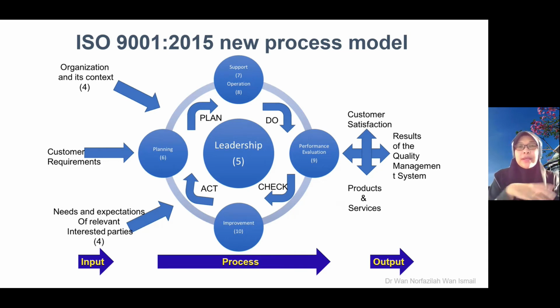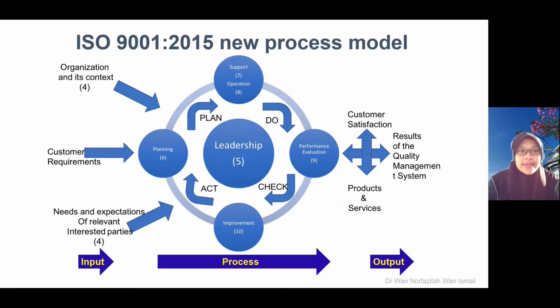So those input, mana you dapatkan raw material tu? Beli kat mana? Okay, adakah company yang supply raw materials tu certified dengan ISO? Okay, and then you have input, you have barista, you have coffee machine. This one will undergo the process, and then you will come up with a very good coffee, okay, untuk dijual. So that one is output. So how to achieve this input, process, output? To get a very good quality coffee, you need to fulfill all the requirements in the screen.